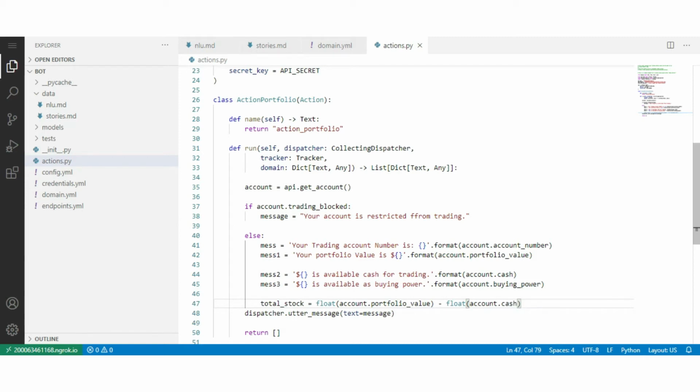It gives the total value of stock available in our portfolio. Type.